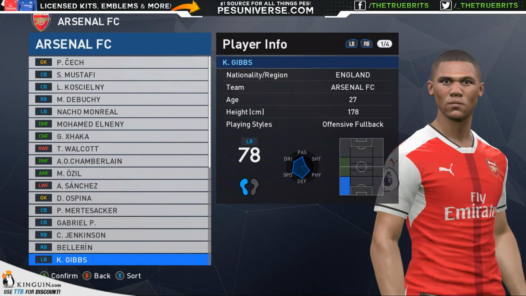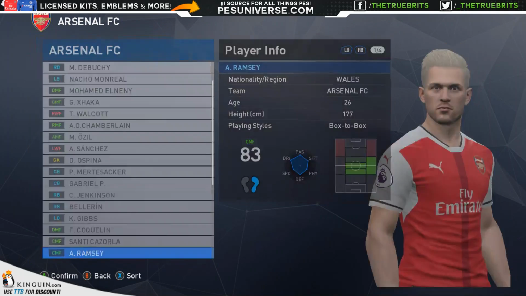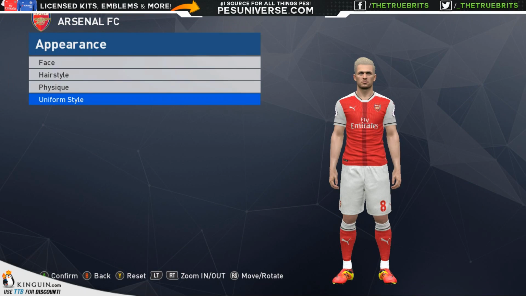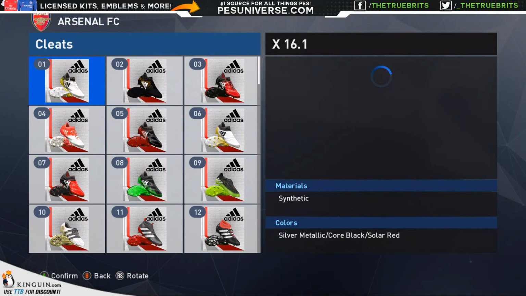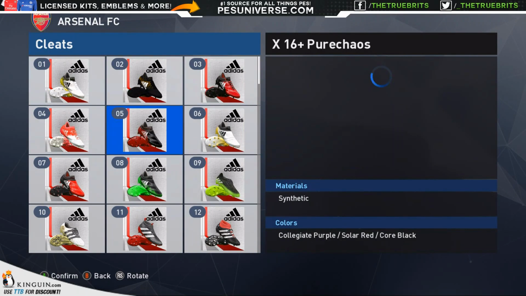So there we go, ladies and gentlemen. Look at some of the faces. Now there's also an absolute bucket load of boots that have been added. So let's just go into here. Appearance, uniform style, and cleats. And we have, look at them, 99 of them. I'm not going to go through all of them. That's mad. Or maybe we'll just do them real quick. But we have a whole host of Adidas boots